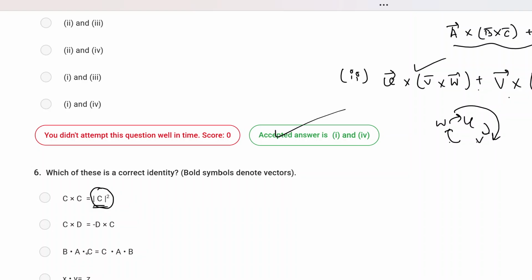Other things are, I think, bold. So anyway, look at the identity. C cross C equal to mod of C squared is not right, because just in the previous question I told you that a cross product of two vectors, if they are similar vectors, is going to be 0. What they have given you is not a case for cross products, but a case for dot products. Cross product with its own vector is going to give you zero. So this is a false statement.